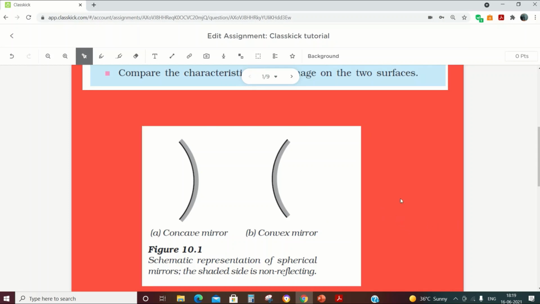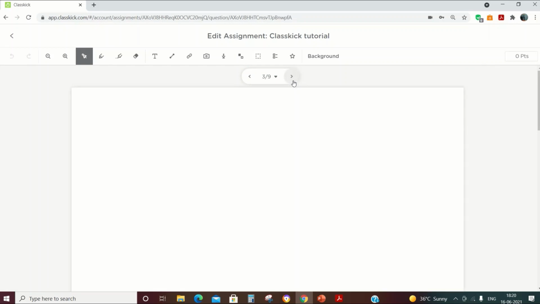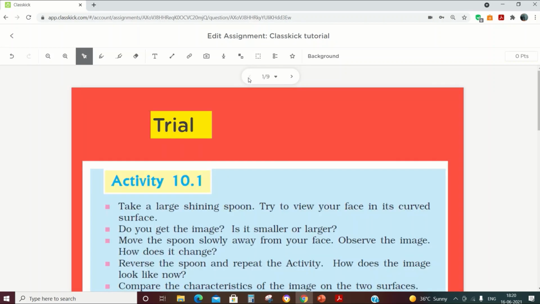And you can apply the background according to your wish and set your slides, set your classroom beforehand. All the contents can be kept ready and all the assignment works can be given, instructions can be written here, and we will be prepared for our class.